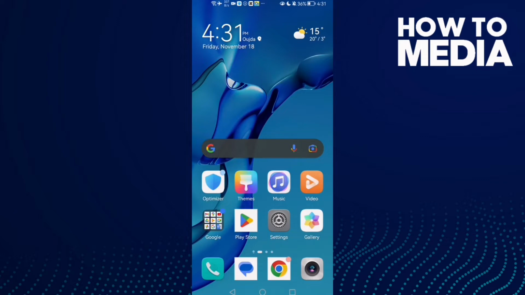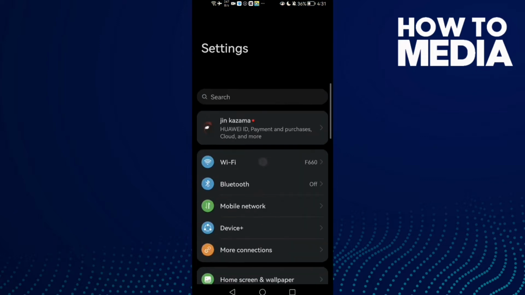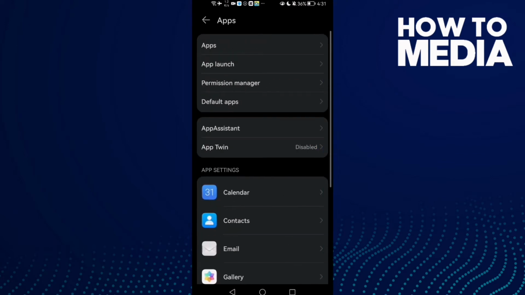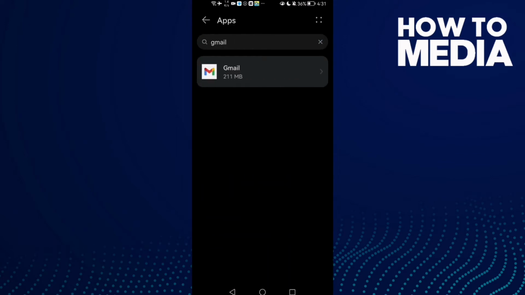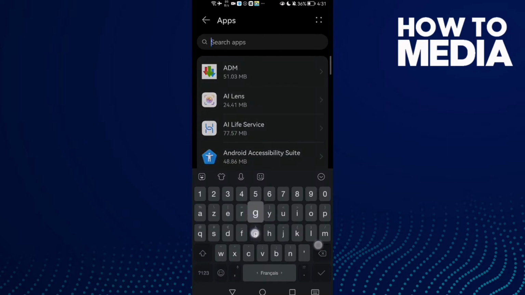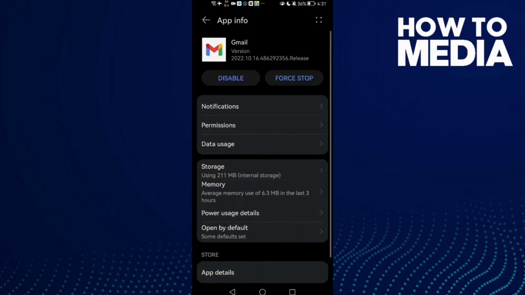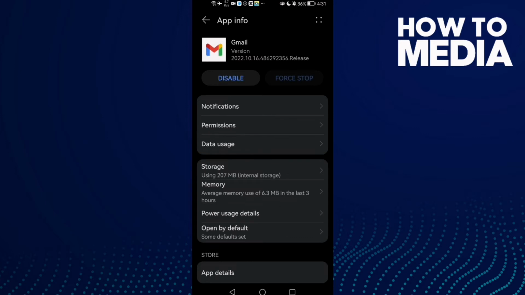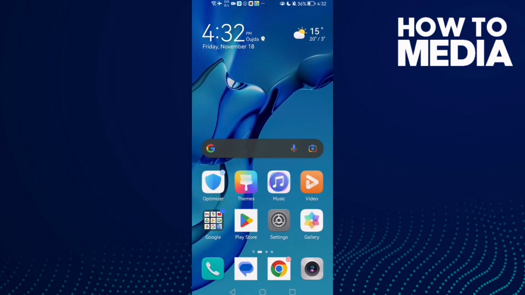First open settings here and now scroll all the way down until you find apps and then click apps again, and here type Gmail and here you will find it. Click on it and then click force stop, and after that click storage and then click clear cache. And now just go back and restart your phone and try again, and if that doesn't fix your problem, go